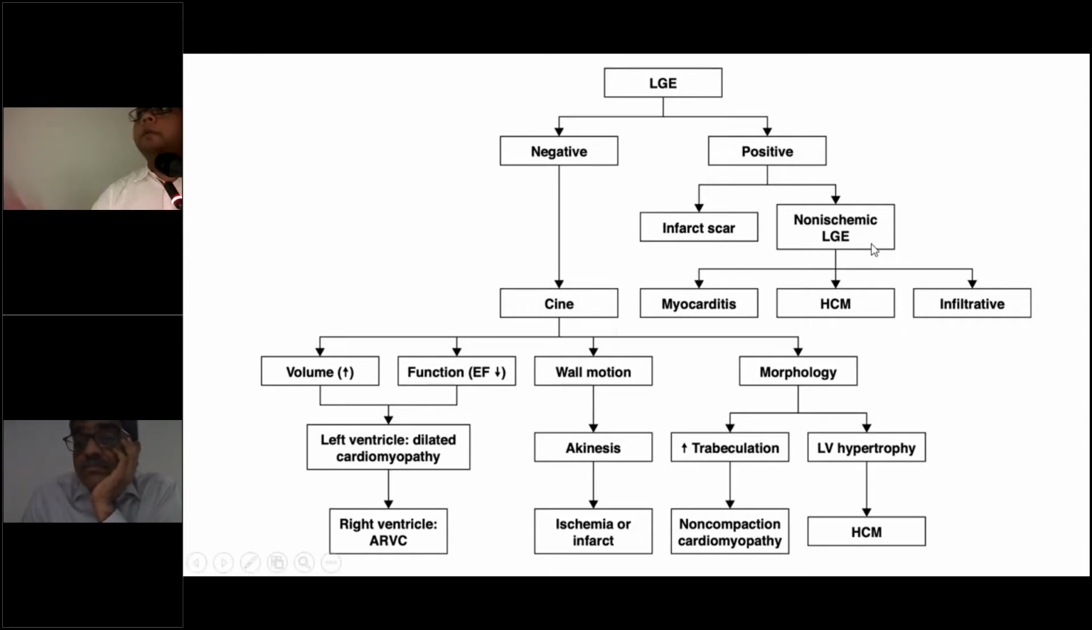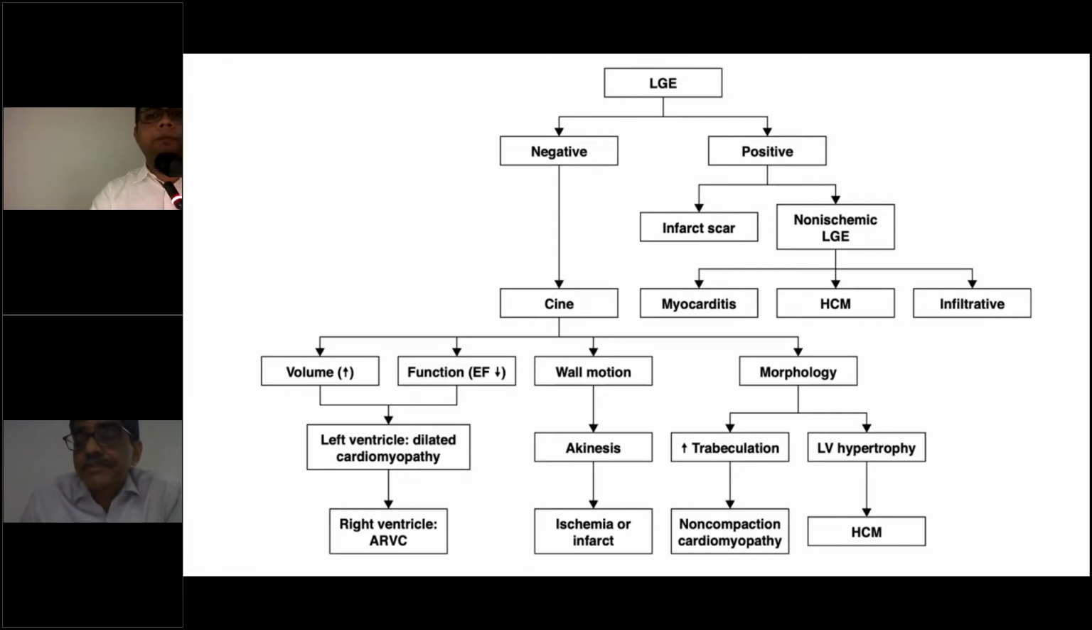If the enhancement pattern is not confined to a vascular territory and you see a different pattern of enhancement, then we are dealing with a non-ischemic cardiomyopathy, which may be due to myocarditis, in which you see subepicardial enhancement and mid-myocardial enhancement. It may be a case of hypertrophic cardiomyopathy, in which you see enhancement in the interventricular septum mid-wall at the RV hinge point, or it may be a case of infiltrative cardiomyopathy such as sarcoidosis and amyloidosis that we have